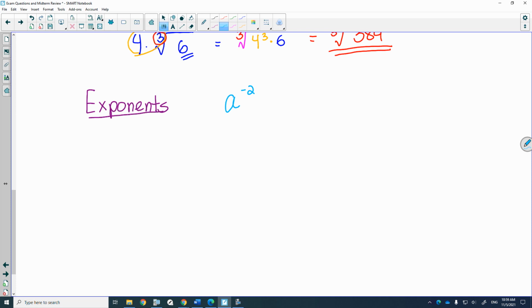Do you remember what to do here? We cannot have negative exponents. If it's a negative exponent, you're going to reciprocate it. So if you write it down there, you would have 1 over a squared. So for example, if I gave you negative 3, a negative 4, b 6, c negative 2,